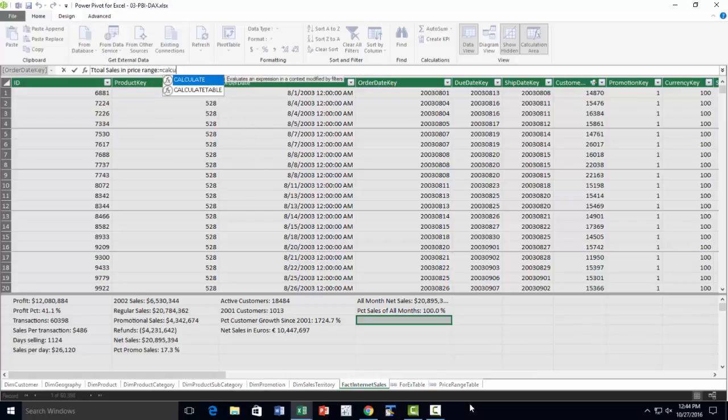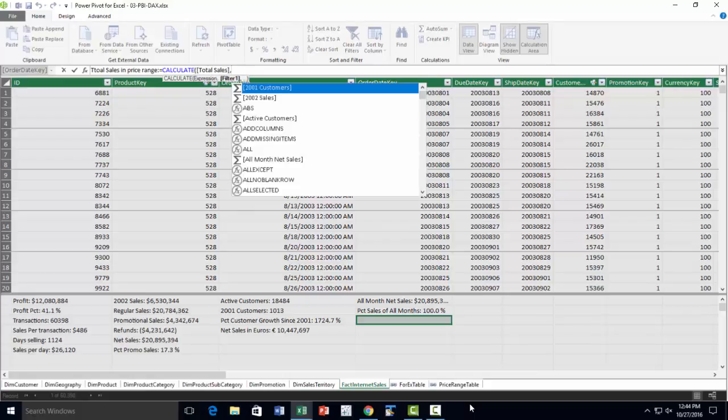So now we do a calculate, and we do total sales. So now we need to filter the products that are in the price range, right? Now this is where the filter argument will not work